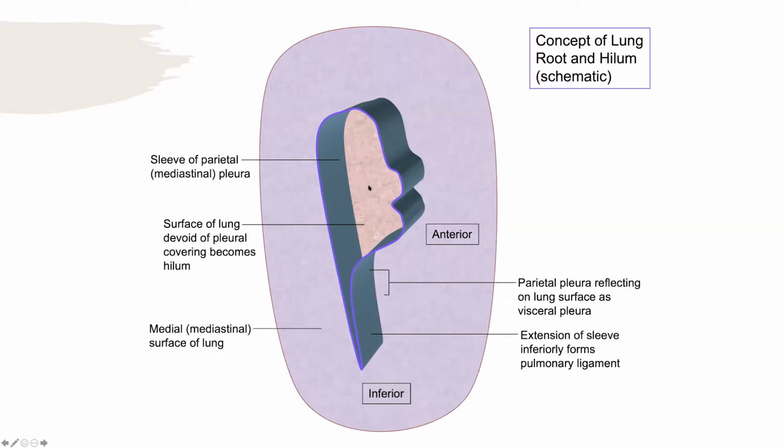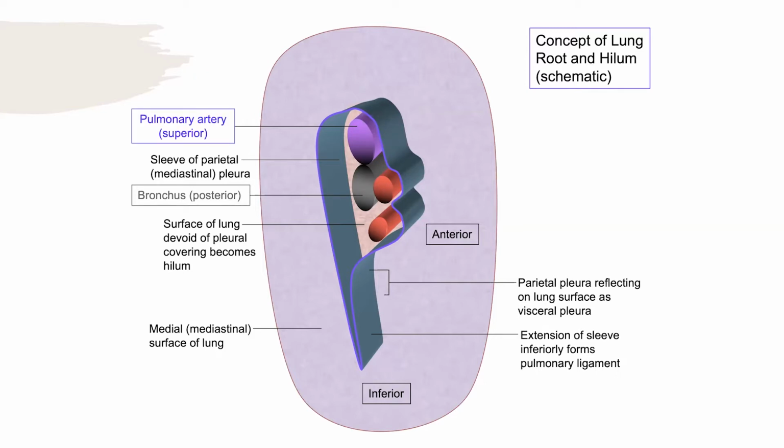So we are basically looking at the concept of lung root and hilum, and it's all schematic. Now we have so many tubes arranged here, and it's our job to look for what these tubes are. I'm sure from the color you can pick up many things, but let's label them. This one, which is dark gray in color, is my airway, and I call it the bronchus. And on top of the principal bronchus, I have the pulmonary artery, which is superior to that.